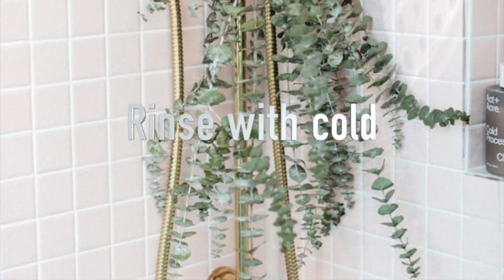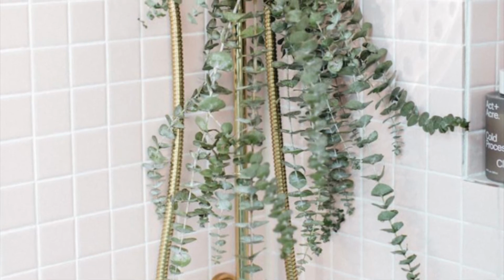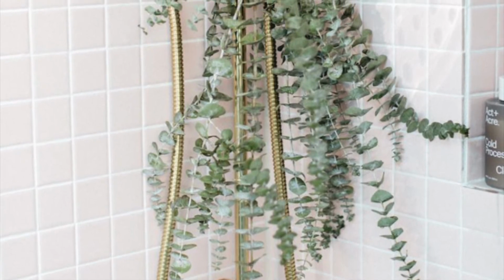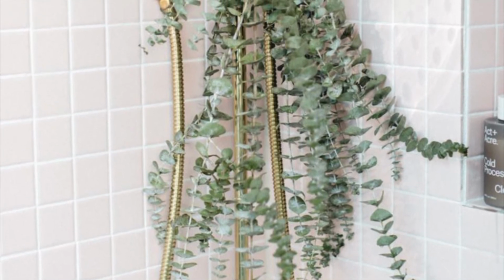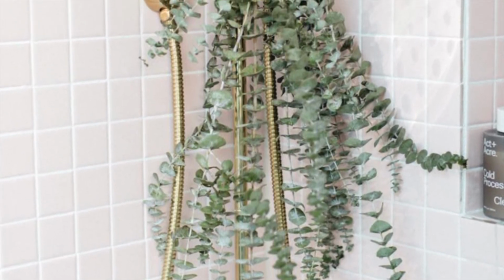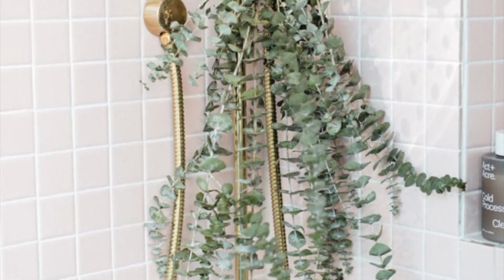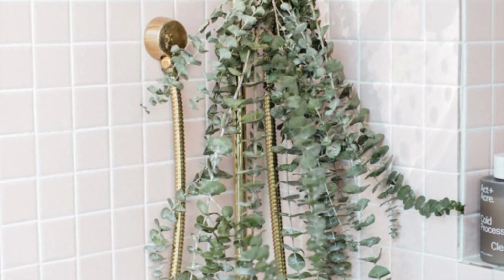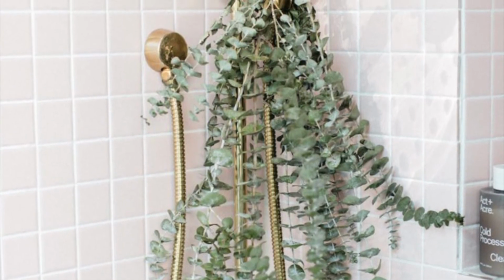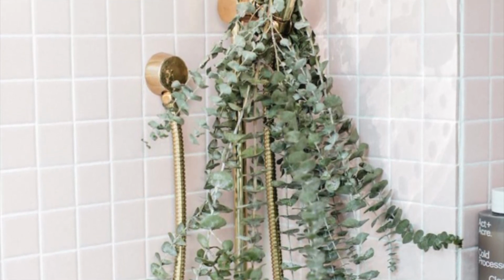Fifth, rinse with cold water. According to Johnson, washing your hair with cold water at the end of your shower can give an added boost of hair growing power. Cold water lays down the outer layer of your hair more smoothly, which helps prevent moisture loss, snags, and heat damage. He says you only need to do it for a few seconds, but this one extra step can make a